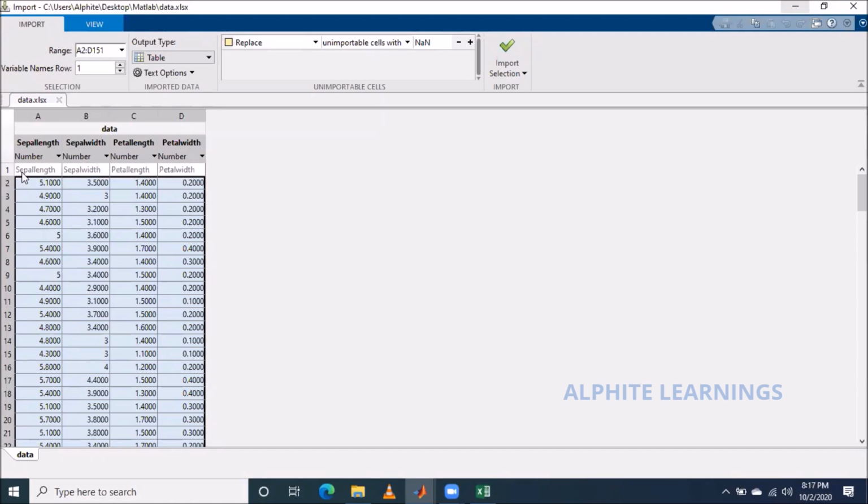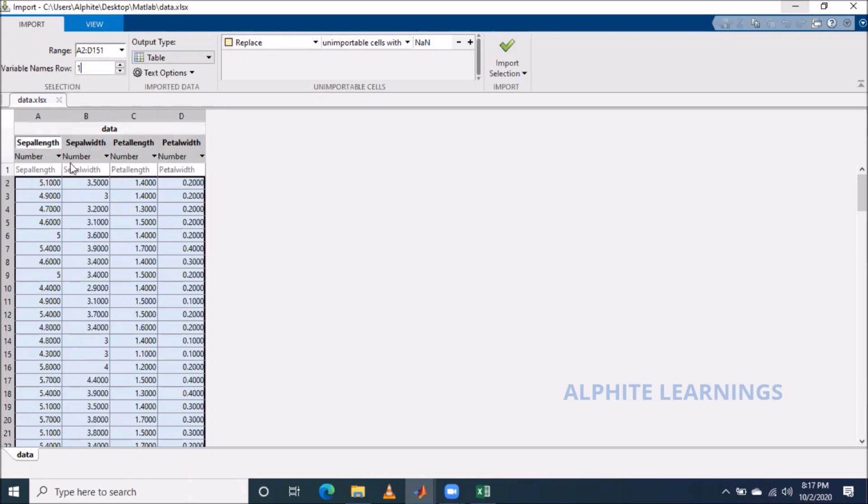These are just labels for the corresponding columns. So I mention one as the label row. If I mention two, it skips. So the first row is not considered to have any data.